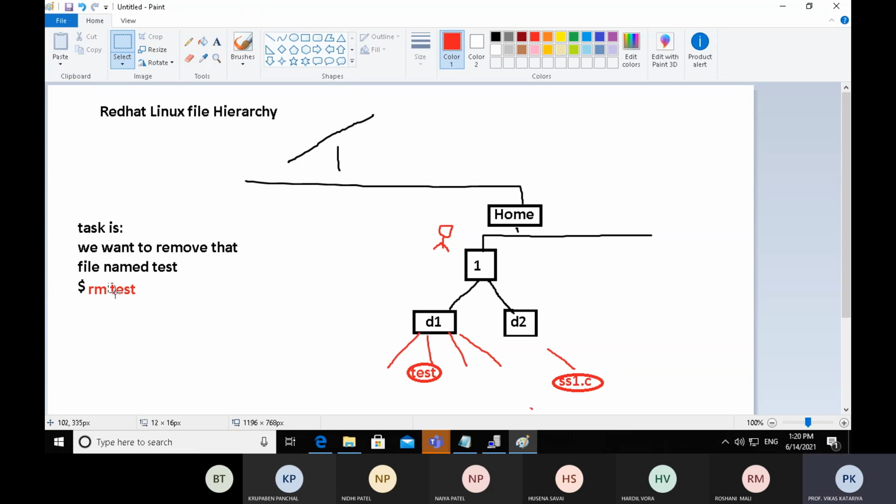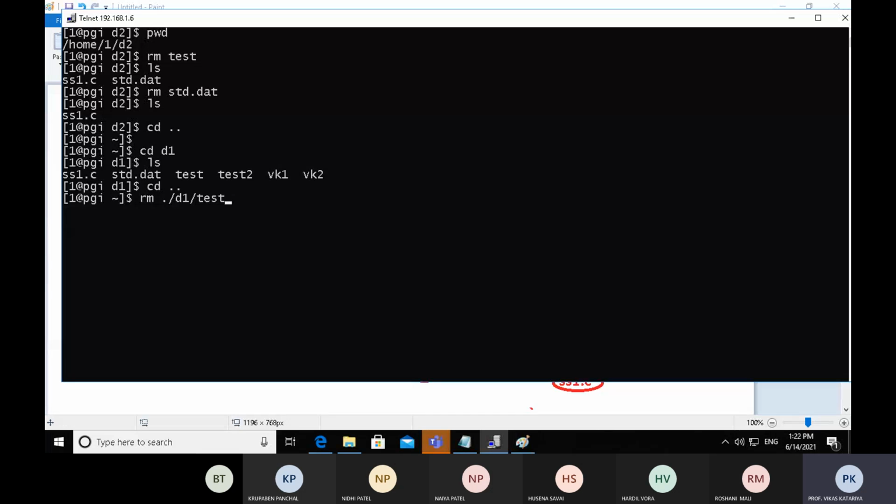So this is the complete relative path command for the test file.